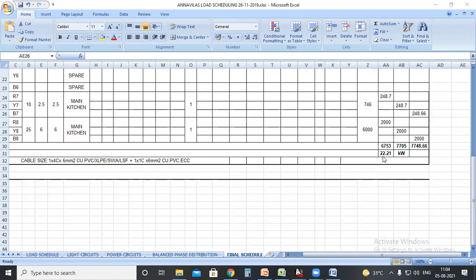Which circuit breaker will we be selecting as an incomer? If you have any idea regarding that, you can just say. If you don't know, not an issue. We'll be discussing that later. Which breaker will we be selecting? I'm asking about the type. If you know any type, you can mention the type of circuit breaker as the incomer. The individual circuit breakers we will be taking as per the individual circuit loads, whether single phase or three phase.